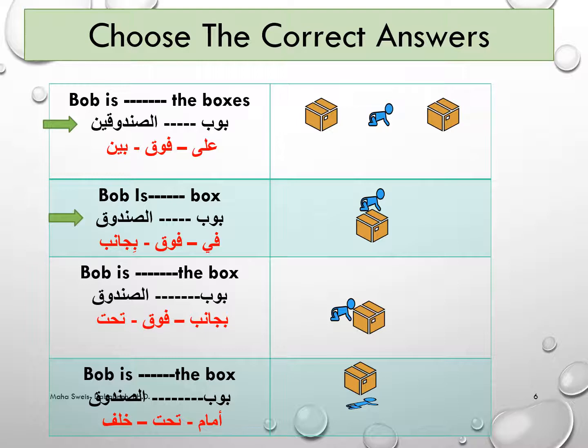Is he في الصندوق, فوق الصندوق or بجانب الصندوق؟ باب blank الصندوق. Is he بجانب الصندوق, فوق الصندوق or تحت الصندوق؟ باب blank الصندوق. Is he أمام or is he تحت الصندوق or he is خلف الصندوق؟